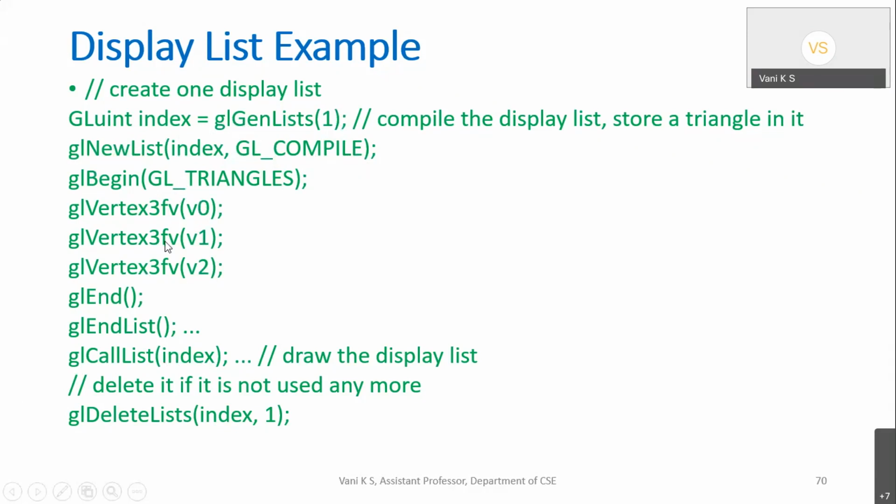As of now, it is very simple, I know, but I'm talking about the conditions where you have so many 3D objects in your scene repeatedly coming. Then in further lines of your code, whenever you want this display object, you just use it by using glCallList and that index of the display list identifier which was stored here. So this is the concept of display list. Remember when we use that? I told you in the beginning, when you have so many 3D objects in your graphics project, which keep repeatedly coming in frames continuously and they are all repeated, then we should use display list.